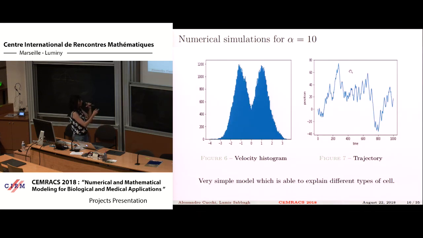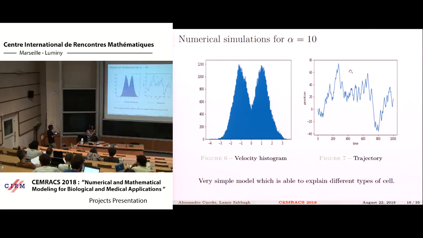For alpha greater than 1, normally we do the numerical simulations for alpha equals 10. We have two velocities which have the same frequency, one negative and the other positive. And we see that the trajectory described by the cell is bimodal, which is shown by the second video at the first. So we can conclude that this simple 1D SDE, stochastic differential equation model, was able to explain different types